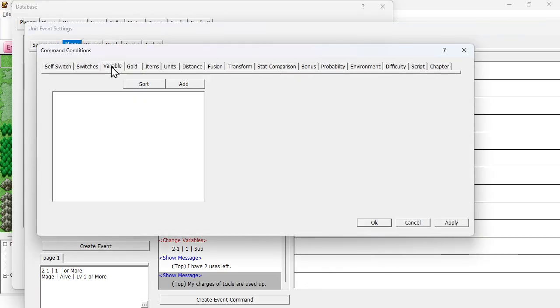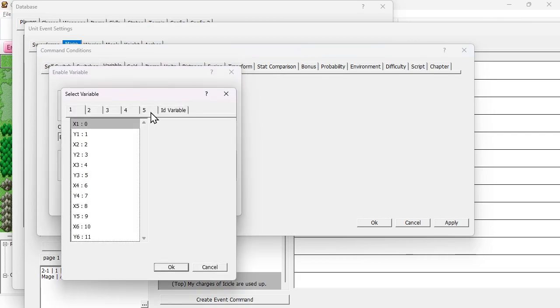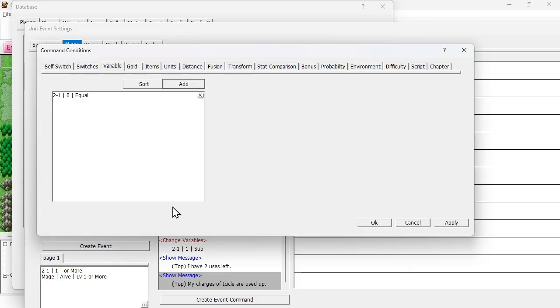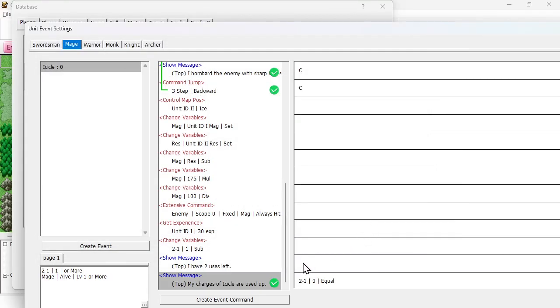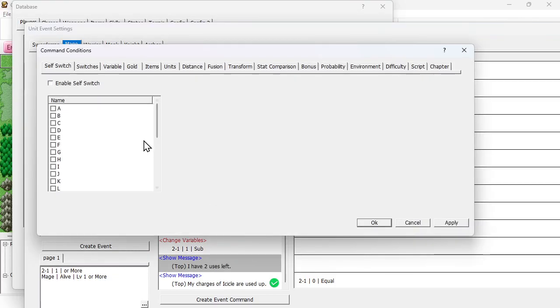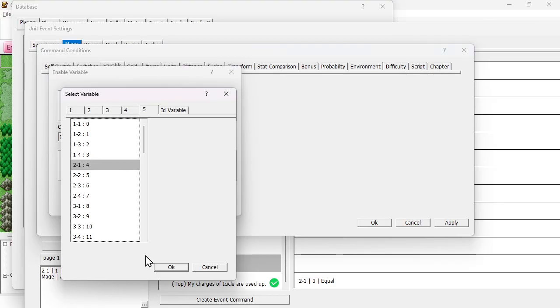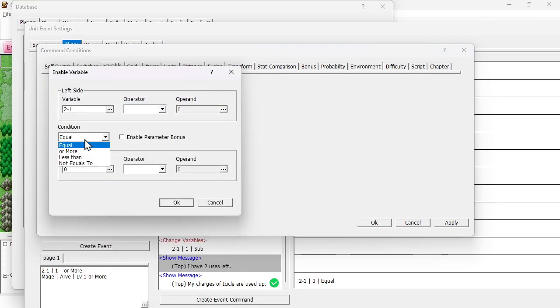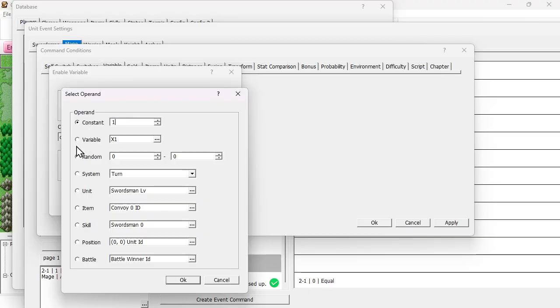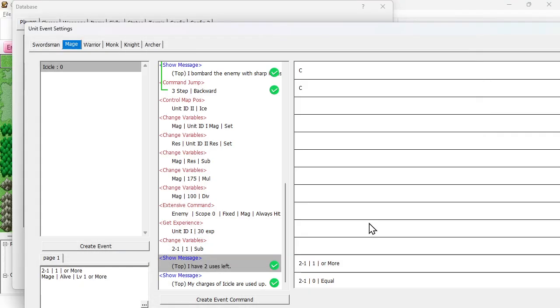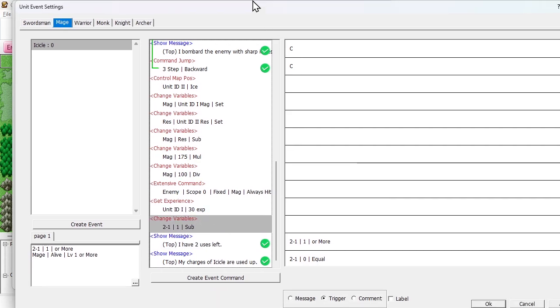I selected the trigger variable. If 2-1 is equal to 0, this one is going to show up. If 2-1 is 1 or more, okay, so that's one way to know how many abilities you have left, or how many charges you're going to have left. And I want to show it in a few other ways,